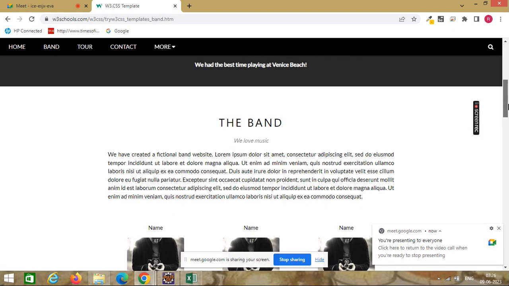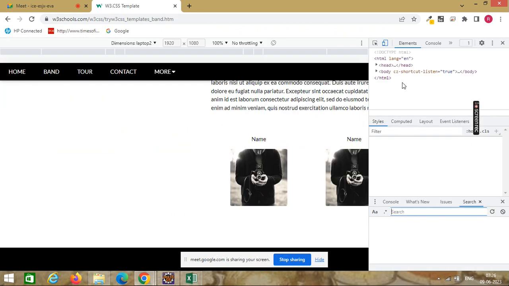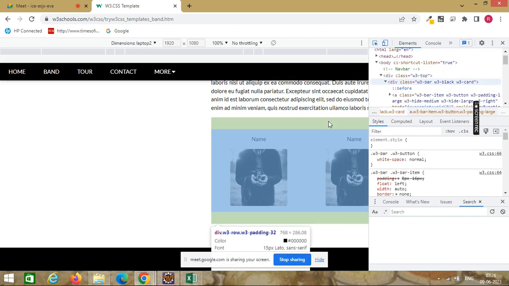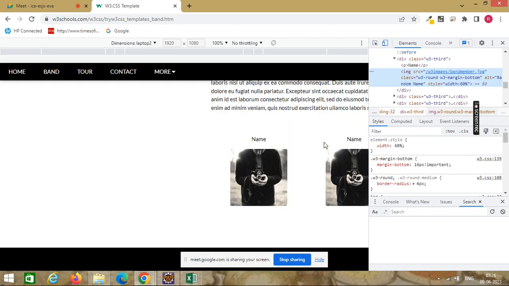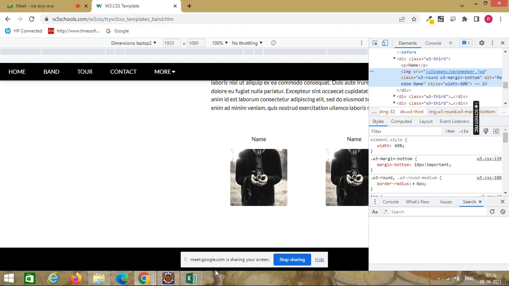And I want to check the image width and height. So I have to inspect the element first. Right click, inspect. Copy, XPath.